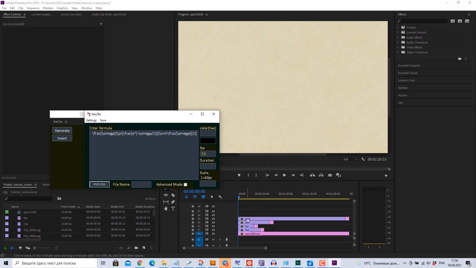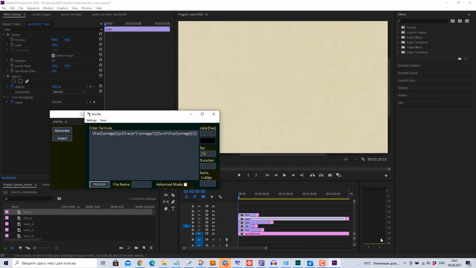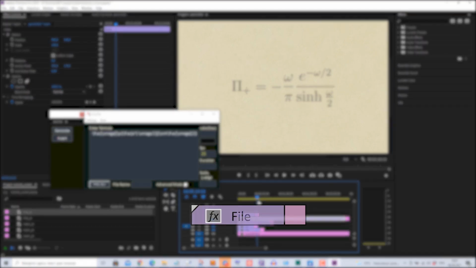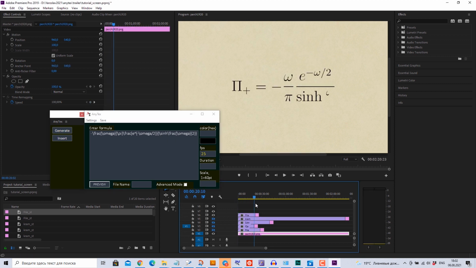Next, highlight the track where you want your animation to be inserted. Then hit Generate. Keep in mind, your animation will be inserted right above your highlighted track. And here it is. As you see, the animation starts right where your time slider sits and consists of 2 parts. The first one is the animation itself, while the second one is the last frame, so the formula stays for some time. The second part is for your convenience, you can remove it if you like, or add the